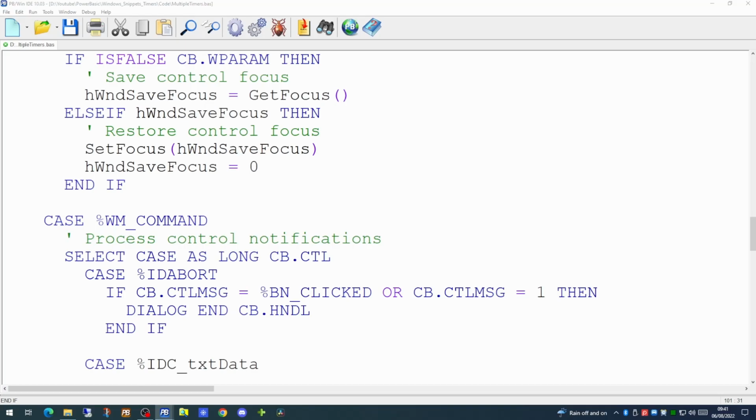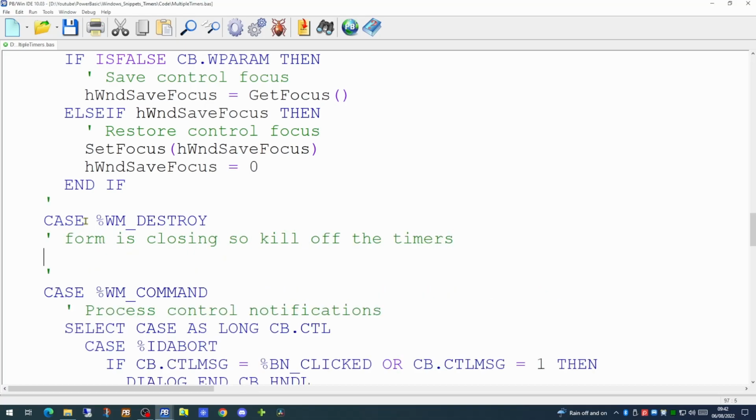In this case, we want the timer to run for the entire duration that the form is on the screen, but once the form has actually been closed or is in the process of closing, we want to kill off the timer. So we can create another event in our event handler here to handle when the form is destroyed. This is the WM_DESTROY event. And we can stop the timer from running and free up its resources by using another Windows API call called KillTimer. It takes a mere 2 parameters, the dialog handle and the ID of our timer.